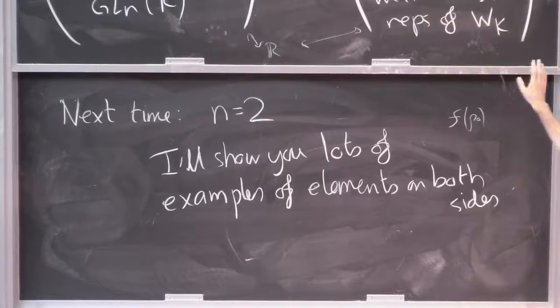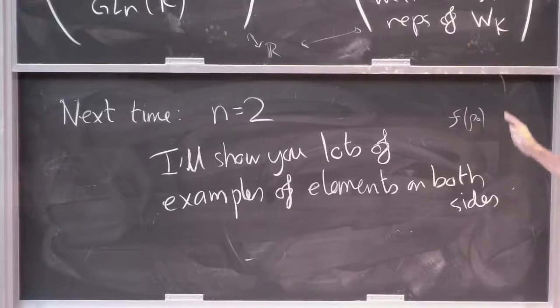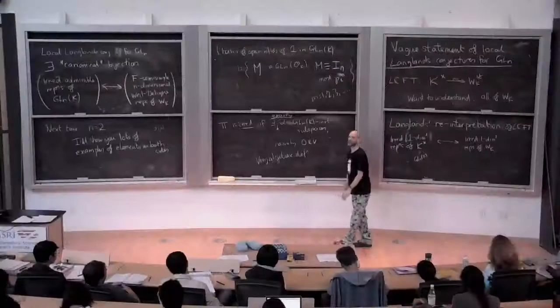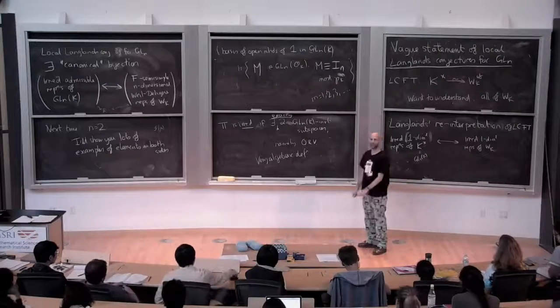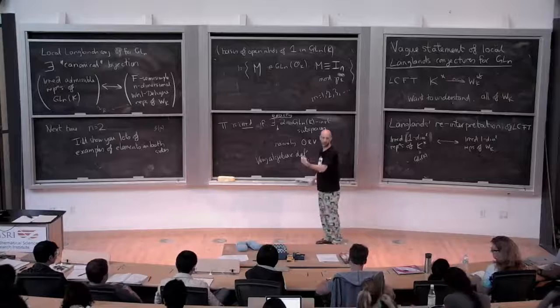Anyway, I'm not happy with the local. This is, in my mind, why it's called Langlands philosophy and not Langlands conjectures, because I don't really know what this word canonical means. But on the other hand, I'll write down things and I'll match them up. And you can see that at least it looks like I'm doing the right thing. So I guess I'll fuss more about canonical next time. But that's where we're going now. I want to prove to you that you understand the local Langlands conjectures for GL2 by giving you a big map of what these things look like on both sides, and showing you that you can really match them up.